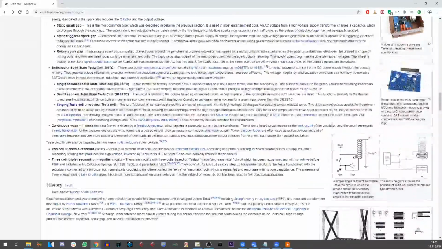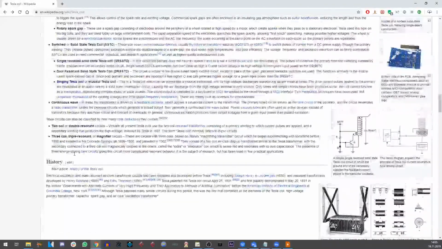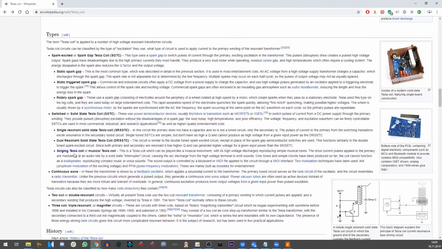Let's see, what was it? Singing Tesla coil. Well, it says the coil cannot function as a loudspeaker.